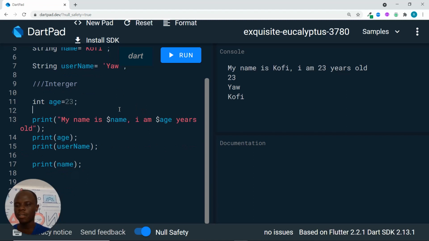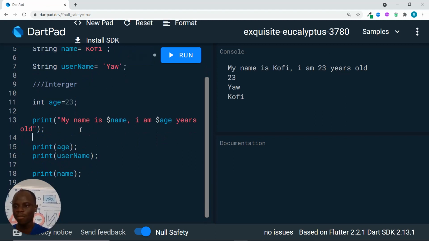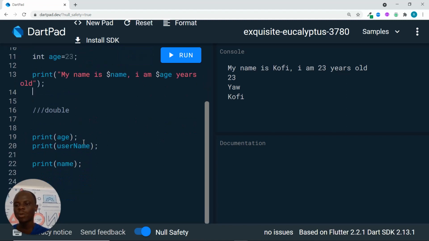Okay. So now let's look at the other types that we have. We know what a string is and what we can use string to do. We know what an integer is and what we can use integers to do. We have another type called double. These types are used to hold double numbers. We call them floating numbers, or in mathematics decimal numbers. So if you want a variable whose value is a floating number or a decimal number, then it's appropriate to use